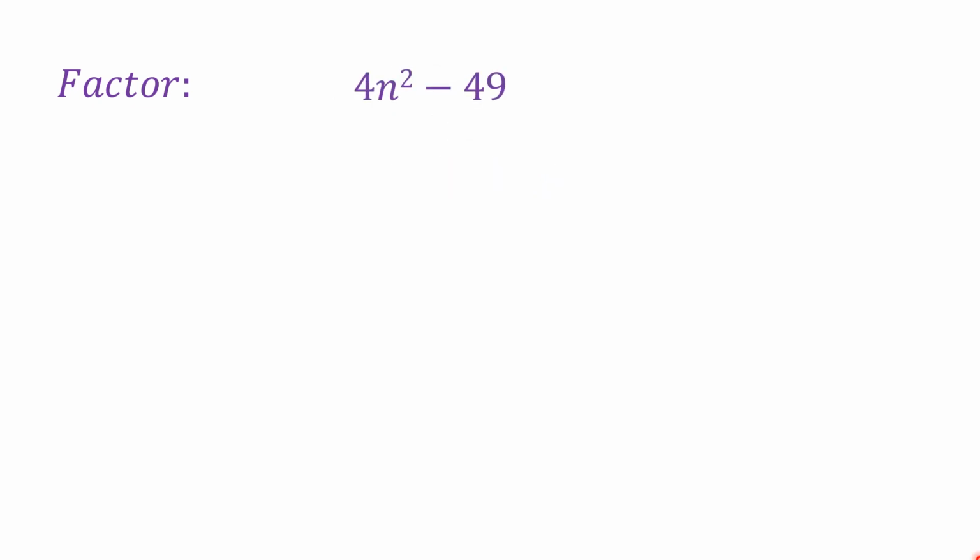Another one is 4n squared minus 49. So this is a difference of two squares because you can write 4n squared as 2 squared times n squared, and this 49 can be written as 7 squared, because 49 is 7 times 7, and also 4 is 2 times 2. So in this part, 2 squared times n squared, you can put it together as a square of 2 times n. So you just simply factor out the exponents with the same number, which is 2. So it will be the square of 2n minus 7 squared,